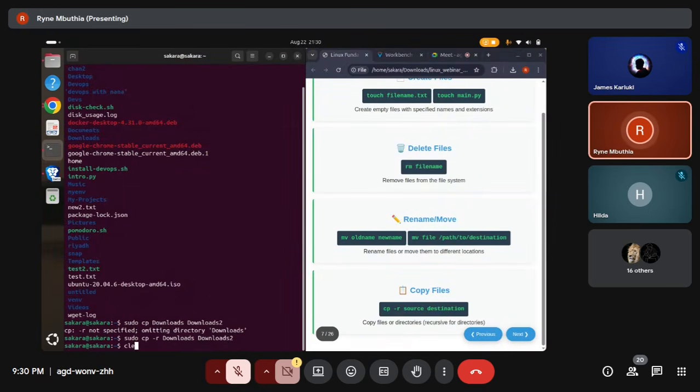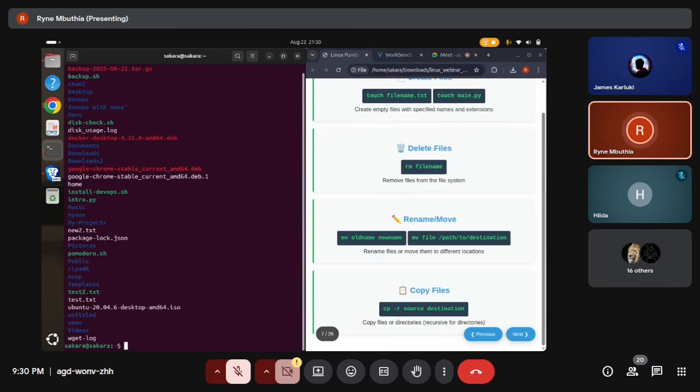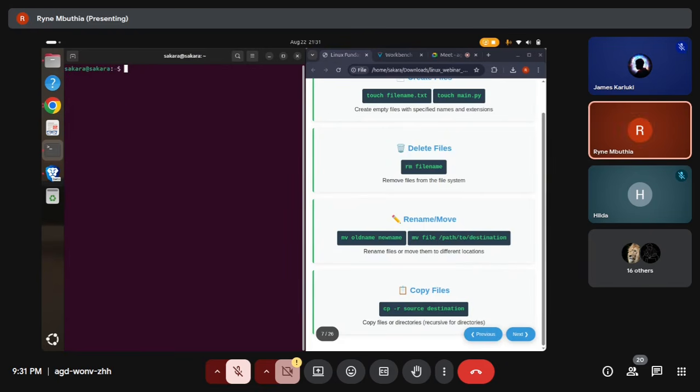So when I clear, it's always good to verify that what you've done has worked. You see, I have downloads and downloads 2, and I don't need to go and copy and paste all these things, because I have this amazing command that I can just run to do a copy. Those are the few very basic commands you run so that you can manipulate all these files and folders easily without wasting a lot of time interacting with the GUI. And when I move forward, I'm going to